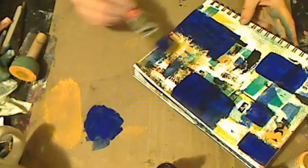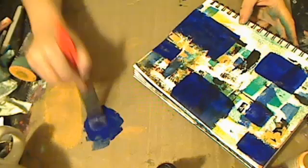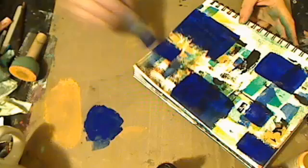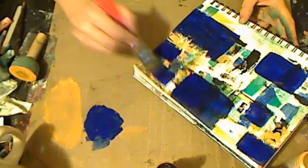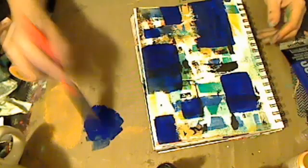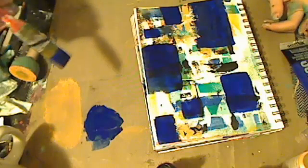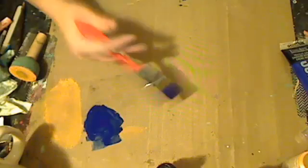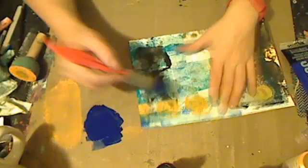It definitely needs a few down here. Just a little guy. I'll tell you, I'm not used to working on one-page journal spreads. That's for sure. All right, so see what I mean? Normally, I would take this and put it in a different journal. But I think this time I'm just going to...